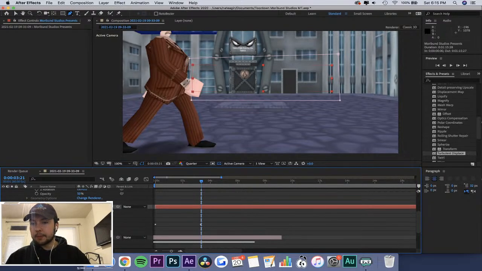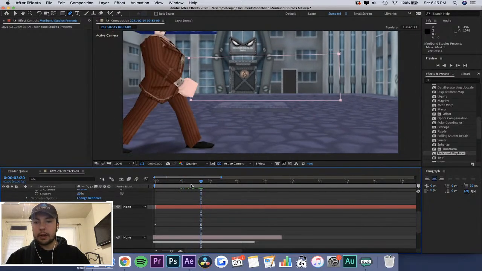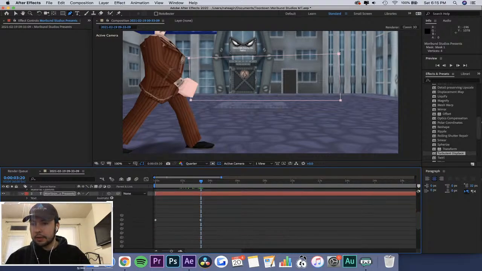Actually, no, I'll keep it this way. So we're gonna actually animate this mask. As he walks by, it's gonna cover up, so it's gonna look like he's covering up. In reality, it's actually gonna be our mask here. And how we'll do that is we're gonna keyframe it.